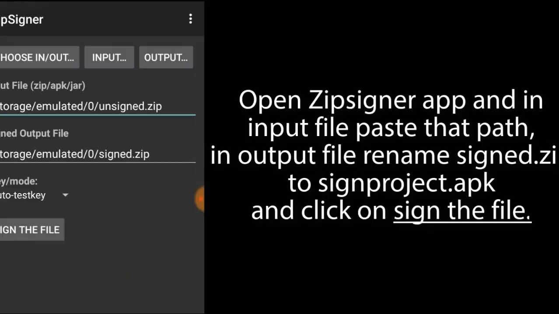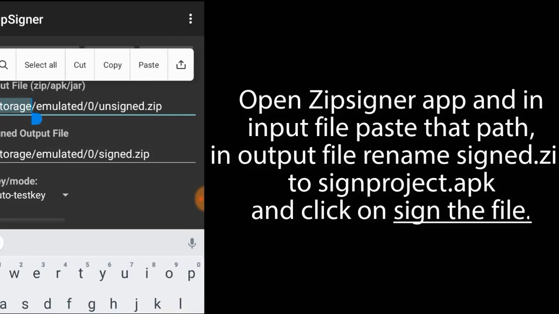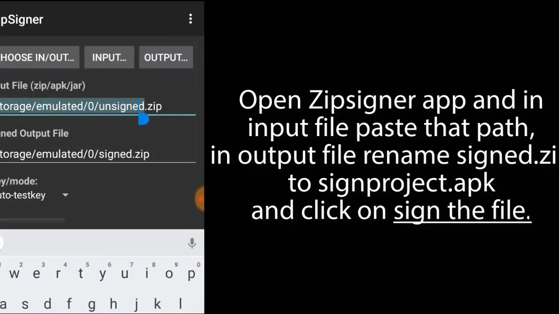Now open Zip Signer. Paste the path of your modified Android app here in the input file and rename the output file as signproject.apk and hit sign the file.